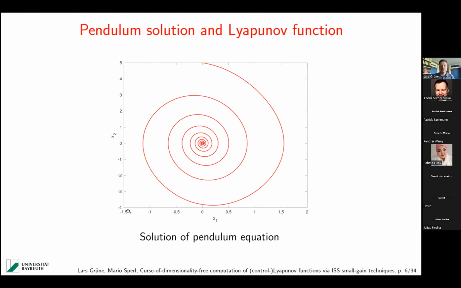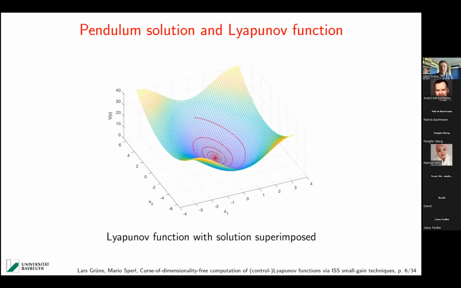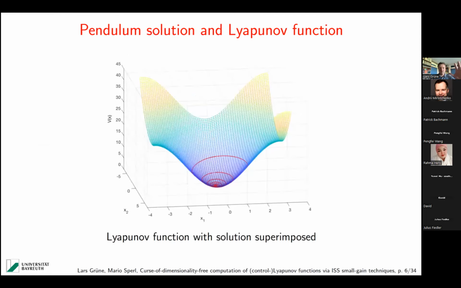And so here we have a typical solution. This is the position in the x1 direction, the velocity in x2. And if we start up here, the pendulum goes like that, and it spirals towards the origin and converges to that. And the Lyapunov function, for instance, which you can look up in textbooks, is given by this expression. And then if we superimpose the solution, you see that it goes down. Well, maybe not on this picture, but if you turn it a little bit, you see that really the solution moves down and converges towards the minimal point of the Lyapunov function, the surface which represents the graph. So that's what a Lyapunov function is.